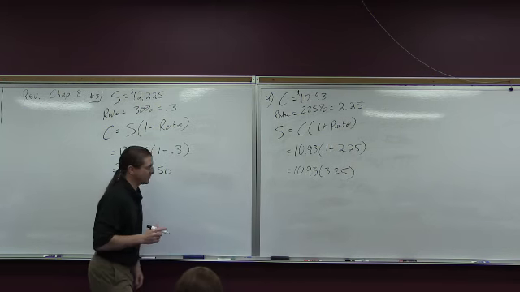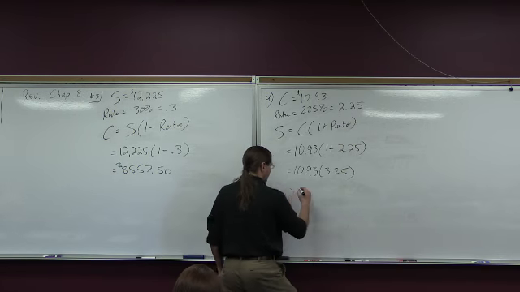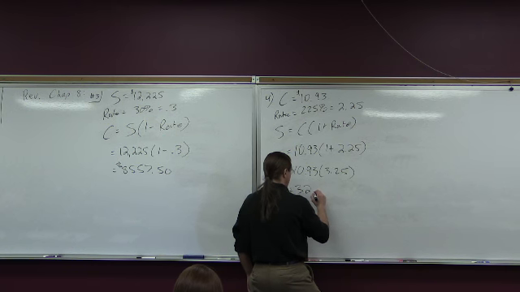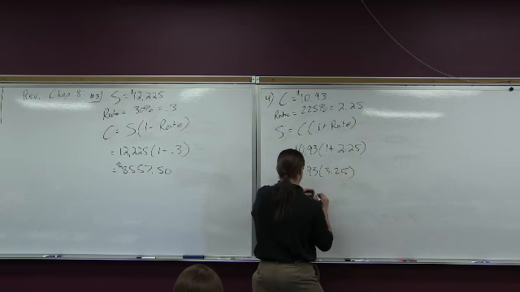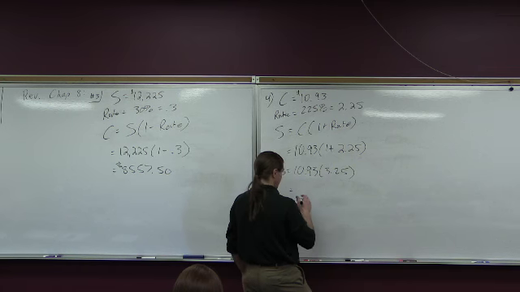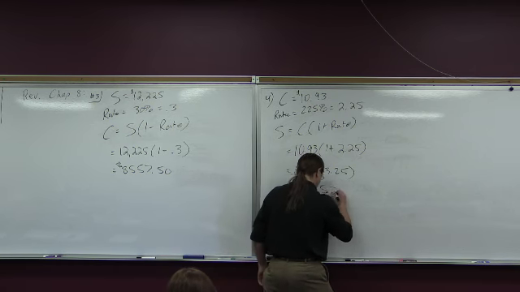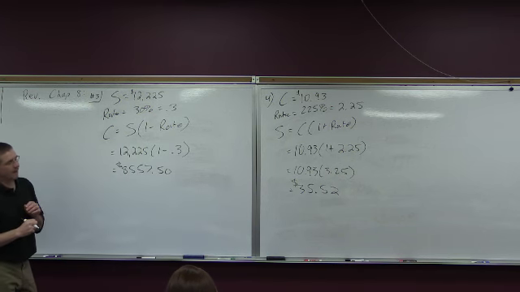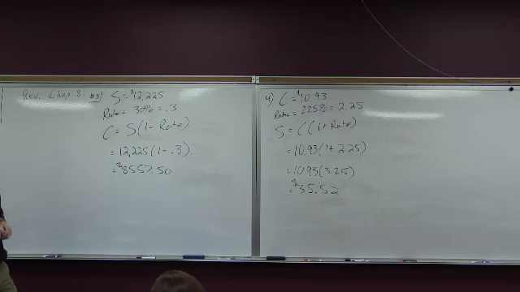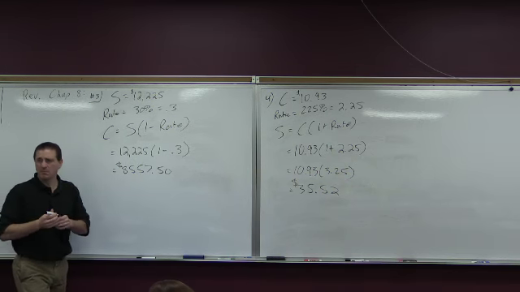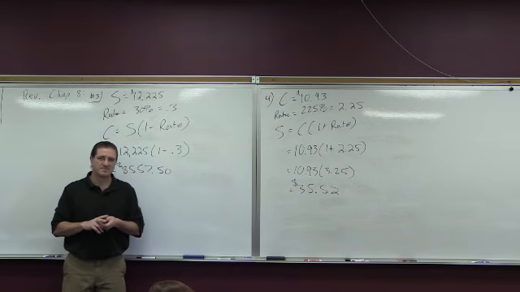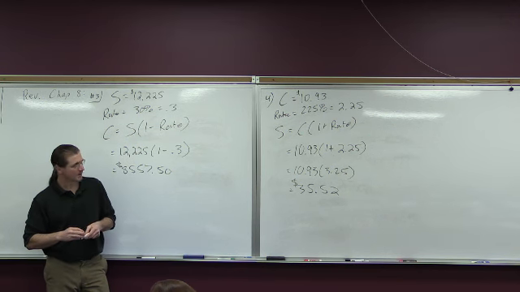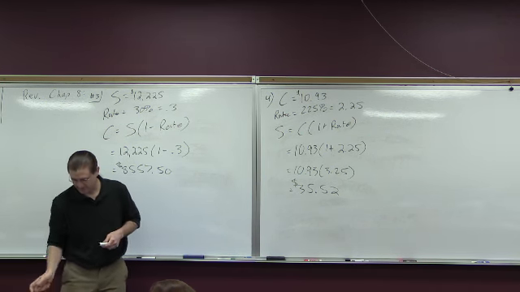What's 10.93 times 3.25? 35.52. That will be what I sell this pair of shoes for. Okay, yeah, that's probably pretty close to Walmart. All right, so